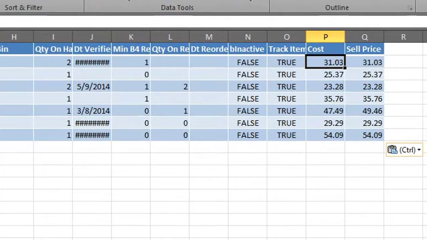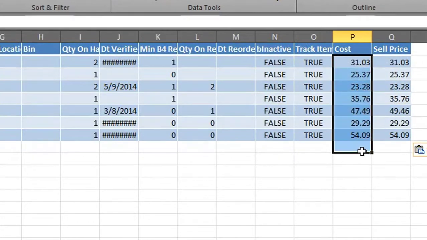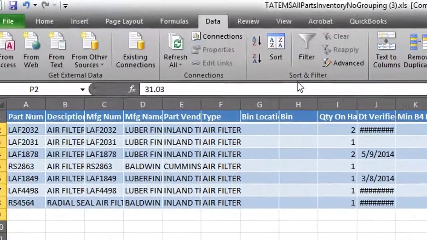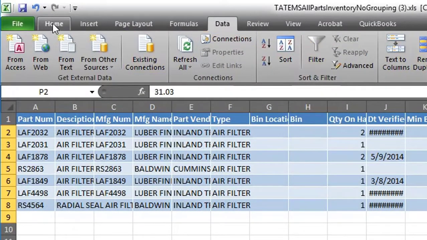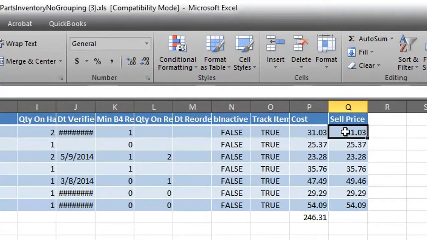And I could rename this sheet Air Filters on Hand, right? And so now I could highlight that there, go over to the Home tab, and then choose the Auto Sum. That gives us our total cost for the current air filters and our selling price for the current air filters. All right, and then you can go and check out any of those spreadsheets at tatems.com/spreadsheets,